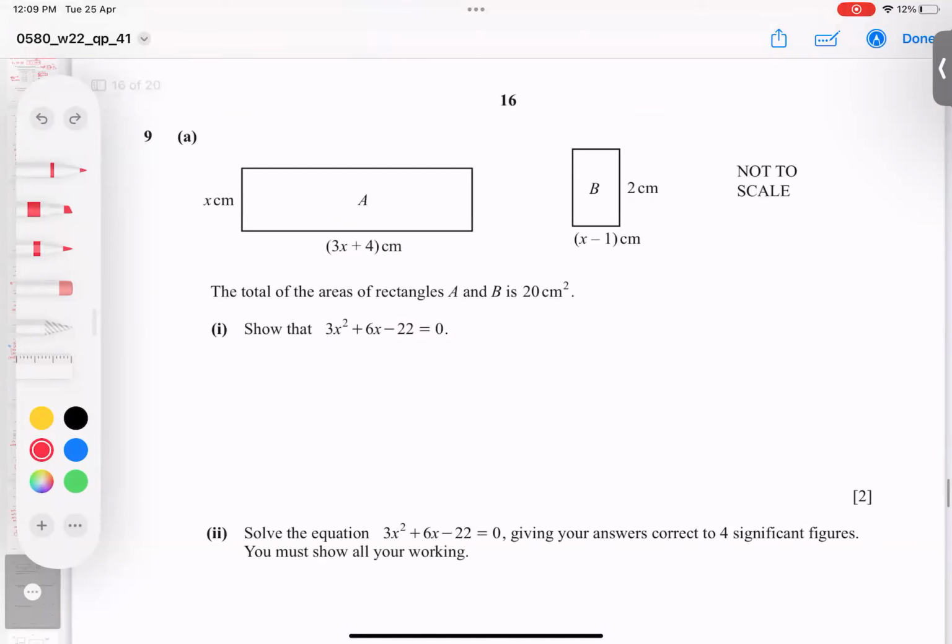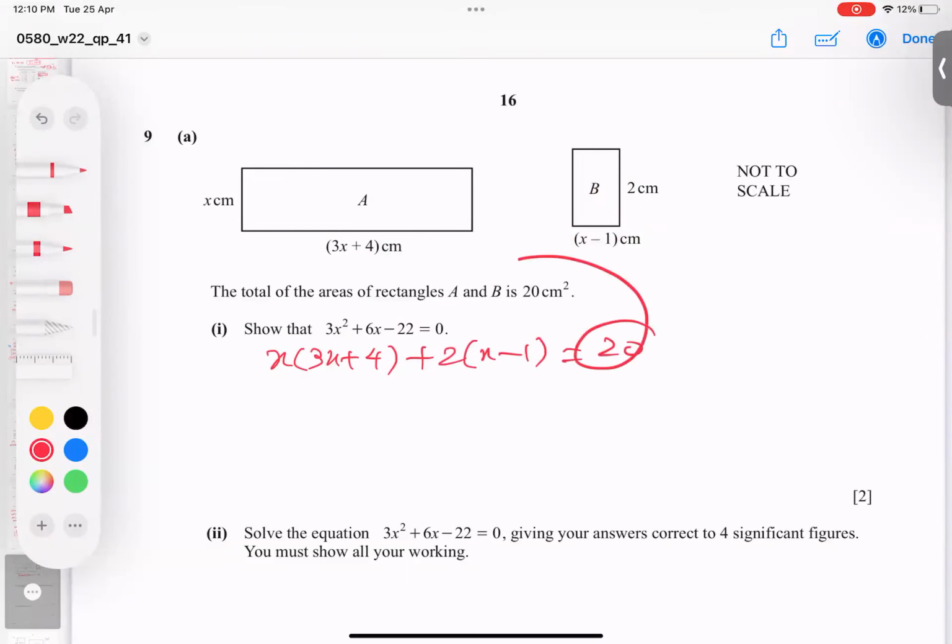Let's go to question number 9. The total area of rectangles A and B is 20. Repeat: the area of A plus the area of B equals 20. He said the area of rectangles AB is 20. How to get the area of this one, students? Not a hard job. Length into width. How to get the area of this rectangle? Length into width